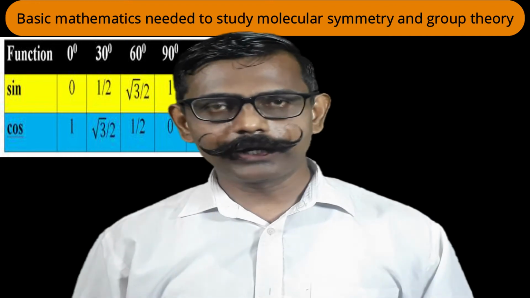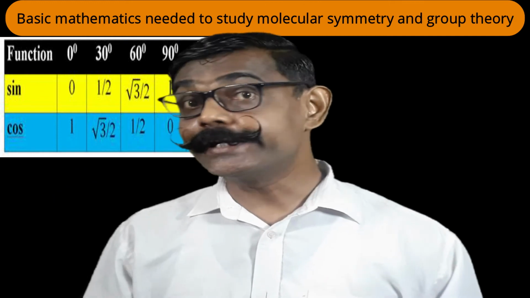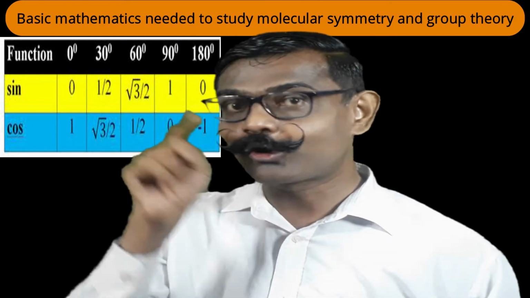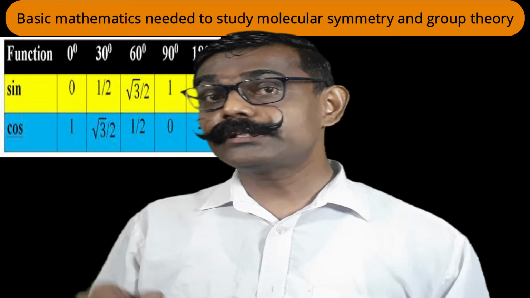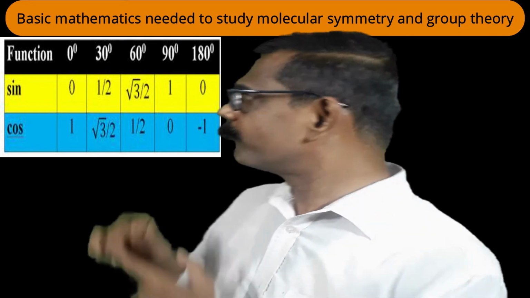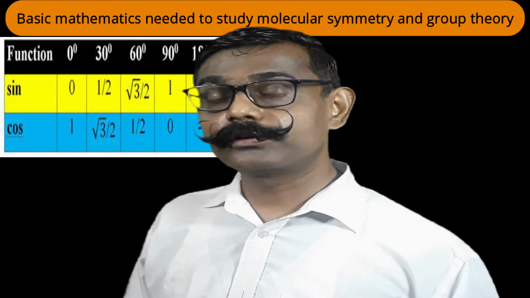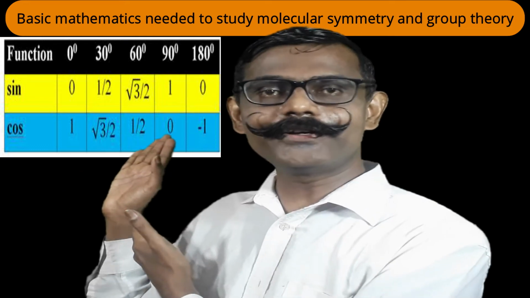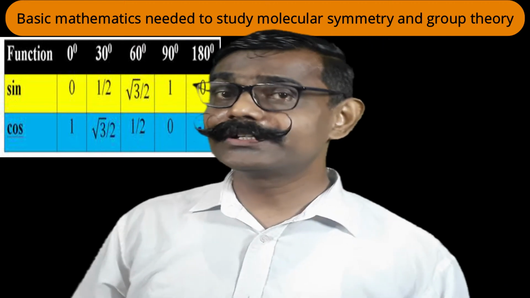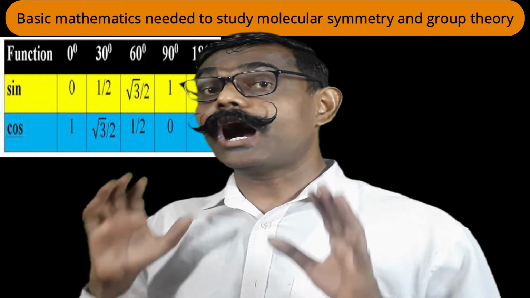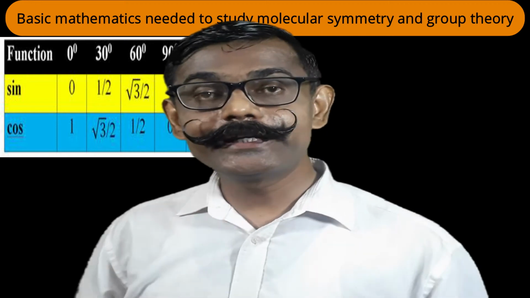We deal with angular measurement. Suppose a C2 axis is there, then we rotate by 180 degrees. At that time, sine 180 or cos 180 will come to your help. If we consider the C3 axis, then C3 1 is rotation by 120 degrees, but 120 degrees is not here. How to find that? I'll inform you. Wait. If I consider C4 rotation by 90 degrees, sine 90 or cos 90 will come to help. If I consider the C6 axis, rotation by 60 degrees, that can come. Now let us see how to find trigonometric values for a 120 degree rotation.